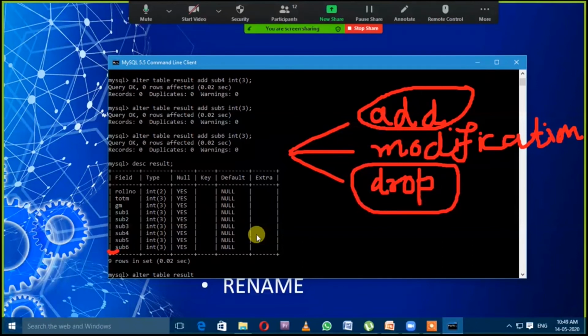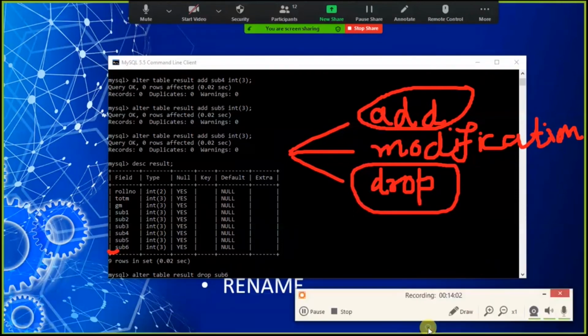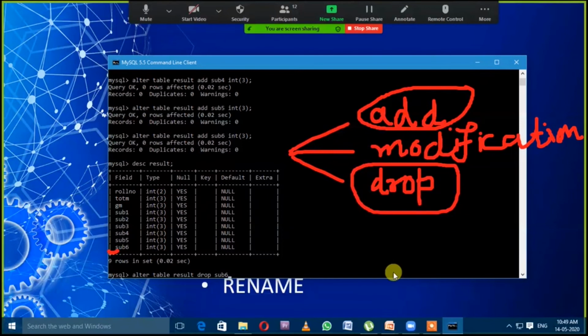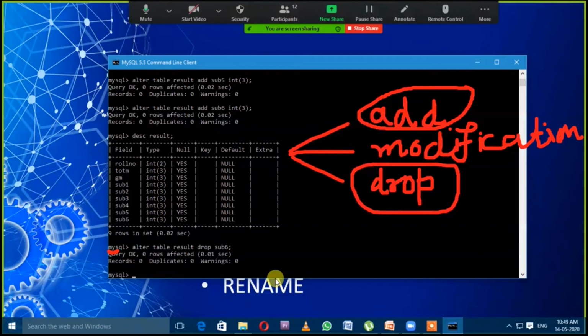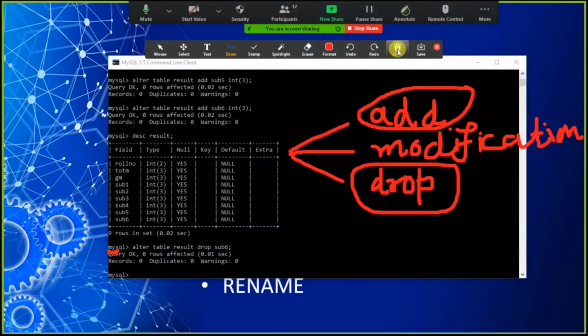That is why we will use the drop keyword here, space, then the column name which we want to drop from our table. Okay, the sub6 column, subject 6, I want to remove. That is why I passed it after drop. Okay, termination and hit enter. So again the query performed successfully.